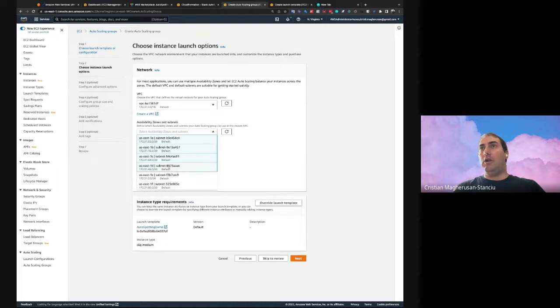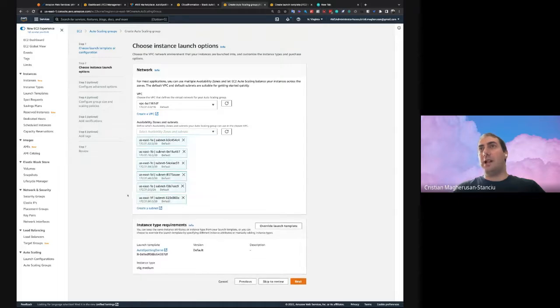I'll take all the availability zones because they help with diversification. And it's important when you get the instance type requirements to not override the launch template. So just leave it as it is. If you override the launch template, Autospotting will not handle your group.